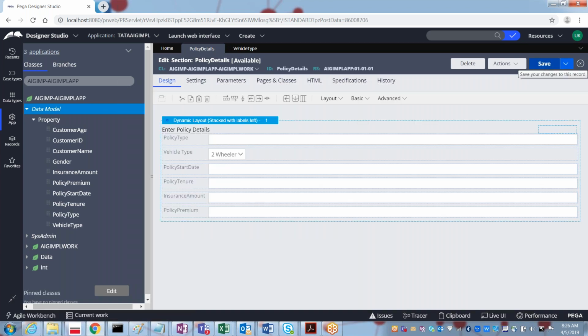Once we have this section, what is the next thing we need to create? We need to create something called a flow action. The flow action only we can refer in the flow. Now, do we need to create the container section?